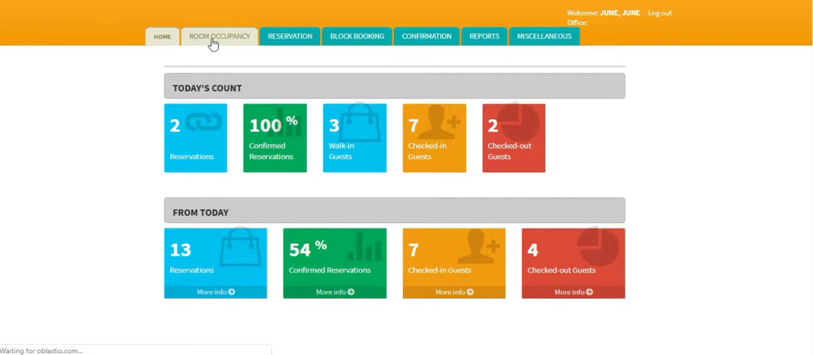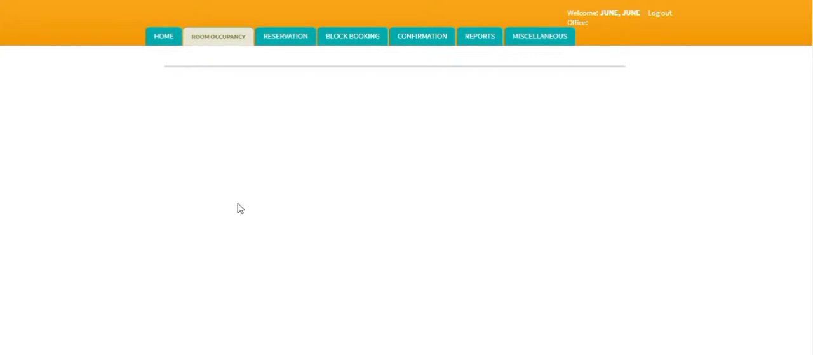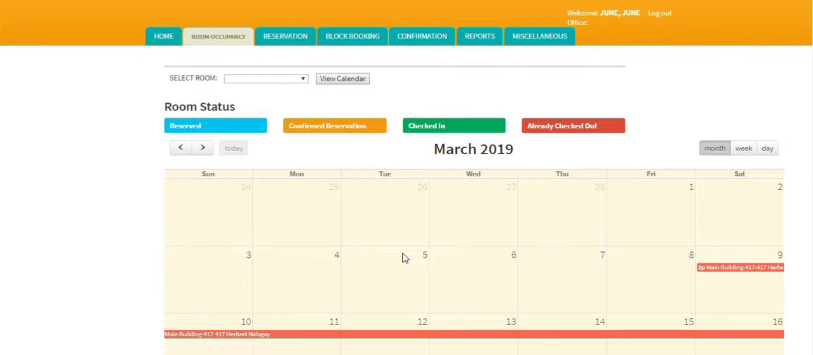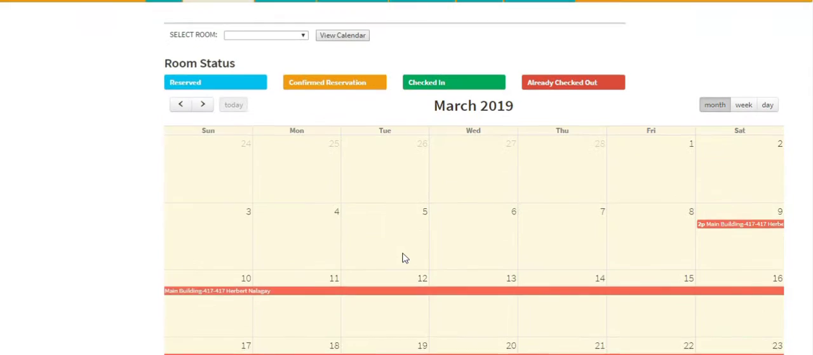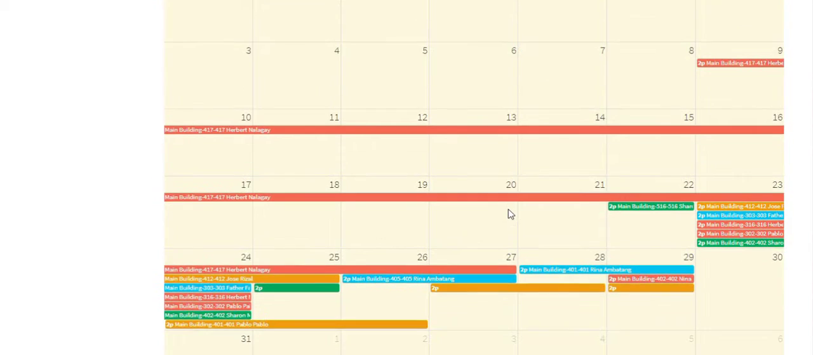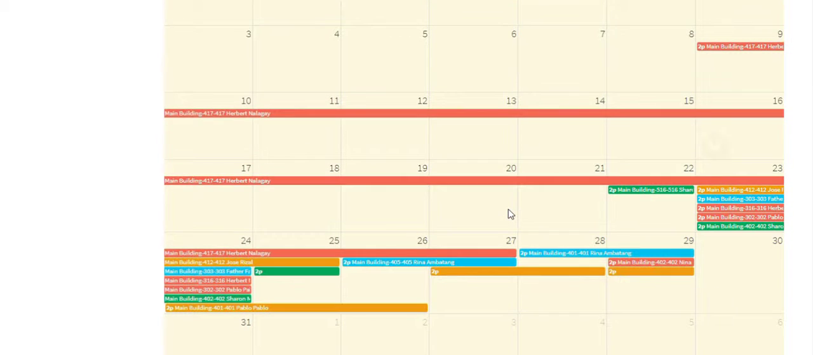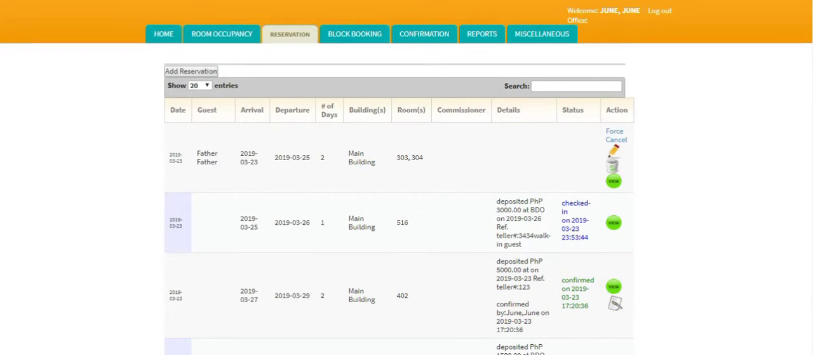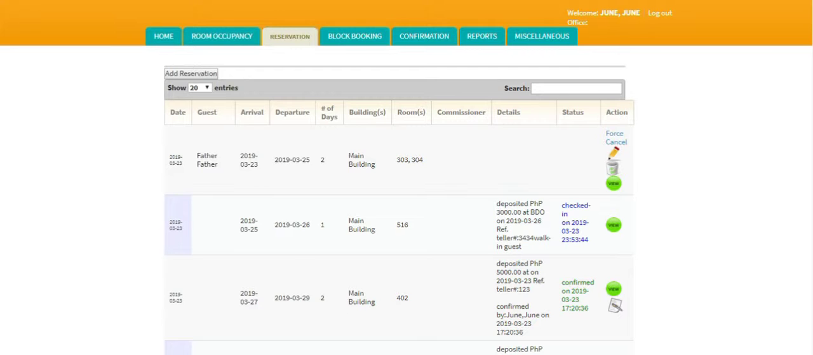Next tab would be room occupancy. Room occupancy will show you a calendar view of how many guests reserved, confirmed, checked in, and checked out per day, and you get details of who these guests are in each of these rooms. So for reservation, you have a list which has an add,